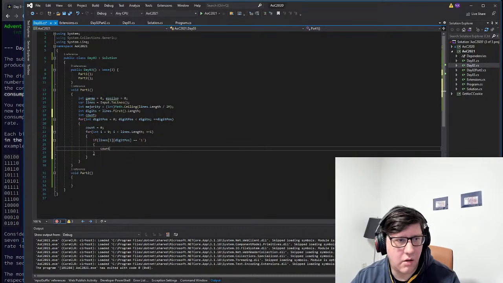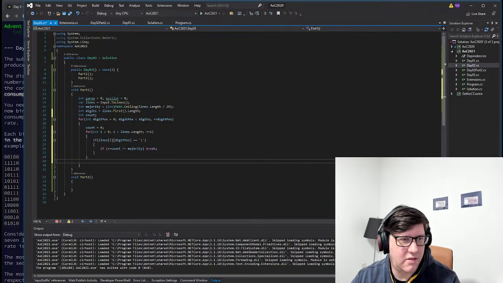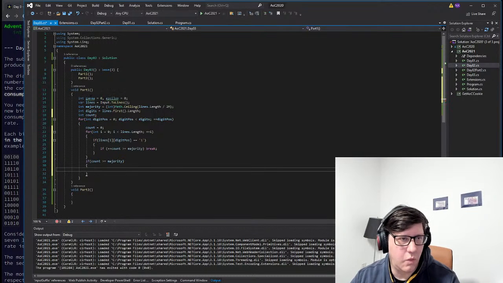Then we increment count. And we can do if count larger or equal than majority, we're done. We break. And now we can see here if count larger or equal than majority. Then we do